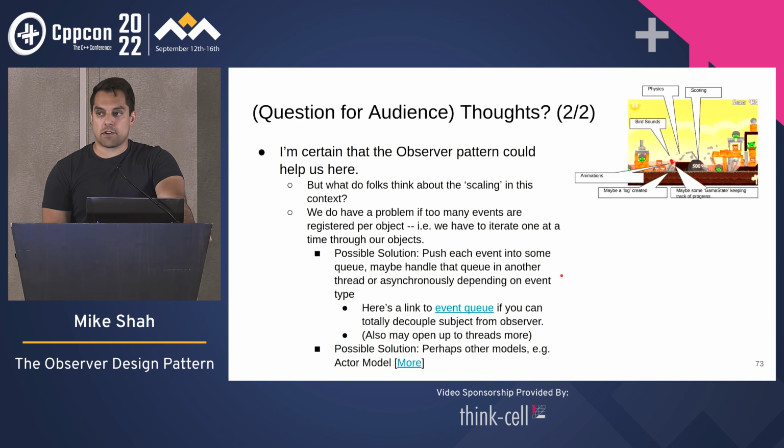We might even think about different types of models if we're getting into concurrency, like actors and these types of things, especially if we have lots of objects interacting with each other. But for the most part, I'm pretty convinced, at least for this scale of game, we could get away with this pattern. Unless we're really destroying a lot of stuff or the physics system is going wild,